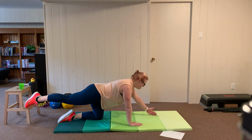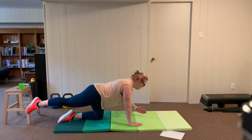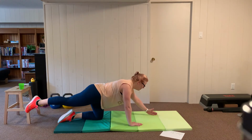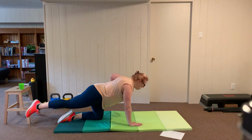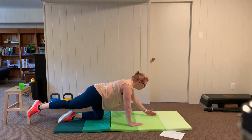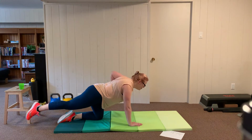Here we go for 10. Stay steady. 10, 9. Get that pull. 8. Abs are in here. 7, 6. Keep this going. 5. You can do it. 4, 3. Back is flat, chest is out. 2,